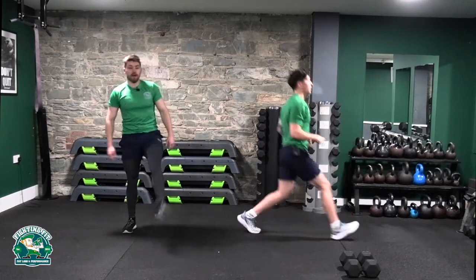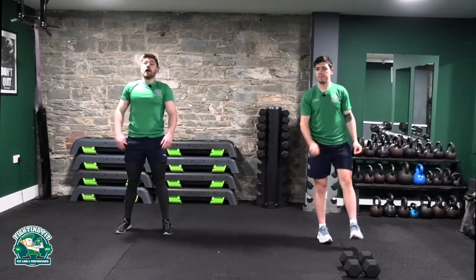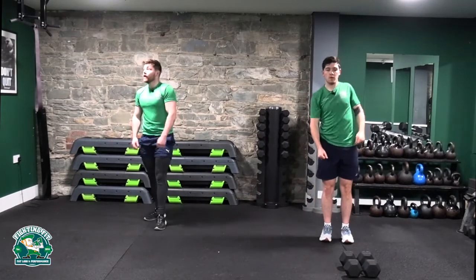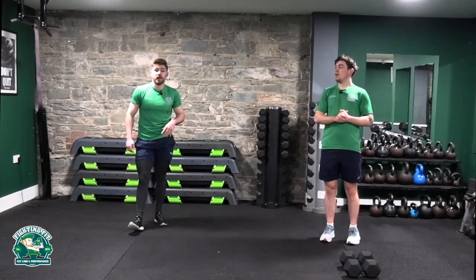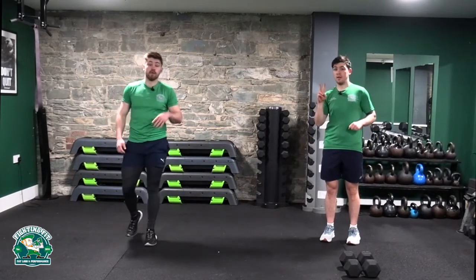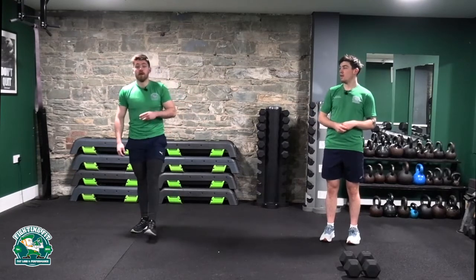Now relax, shake it out. Should be feeling nice and warm now. Everything's all limbered up. We're going to start off with dumbbell deadlifts and basketballers, guys. We've got 12 exercises for you. We're going to go through each one of those 3 times, 30 seconds on, 10 seconds off, with a minute